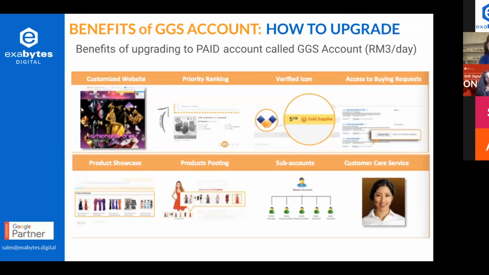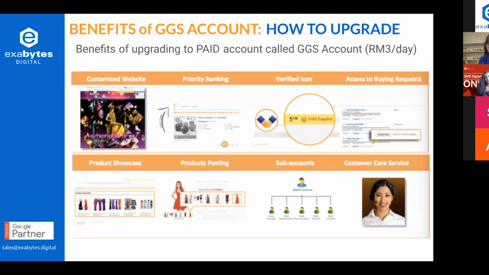Maybe some of you will ask, why do we have a free account and why do we have a paid account? Because with the paid account, you also have more features, like customizing your own mini site. You have better priority ranking, because when you use search, you can also start doing some keyword optimization to help you increase your rank.